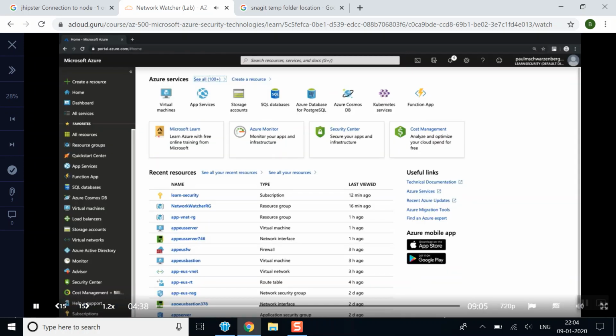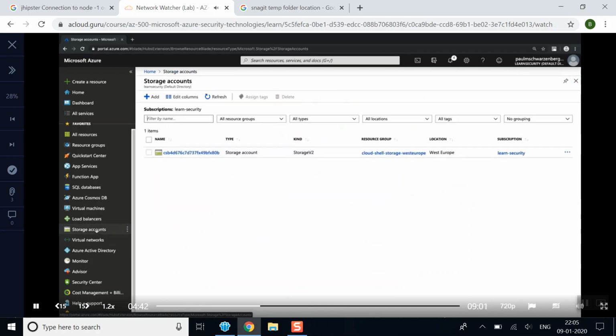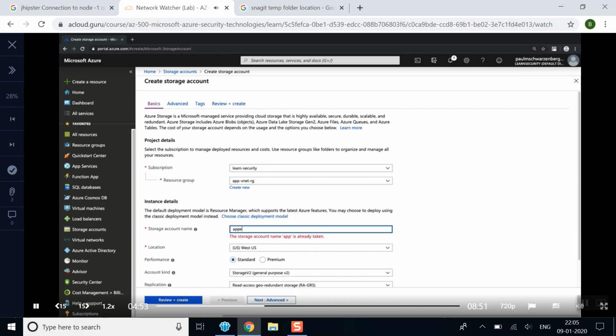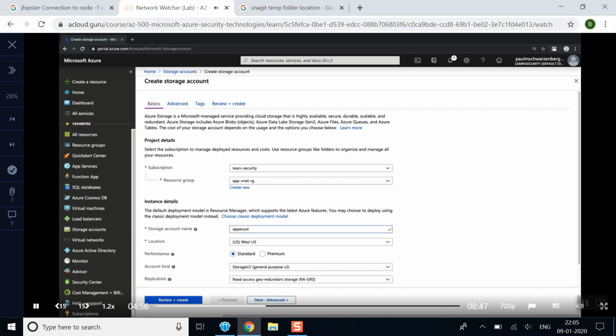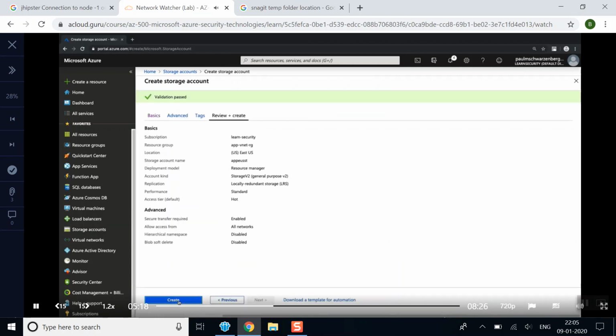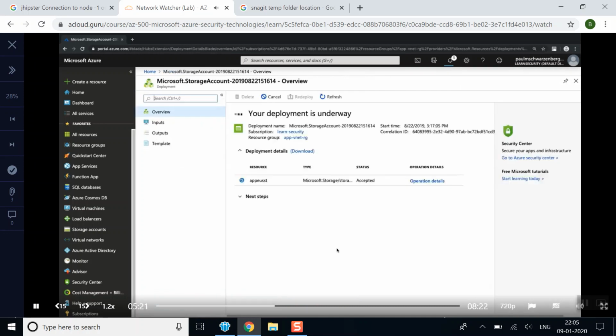Here we are in the Azure portal. Start by going to Storage Accounts, Add, select the same resource group as before, give a name to the storage account, bearing in mind that all storage account names must be unique. We'll leave it at Storage General Purpose v2, change the location to East US. We only require locally redundant storage. Review and create. And the storage account has now been deployed. Go to Resource,